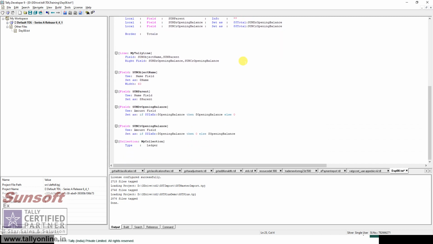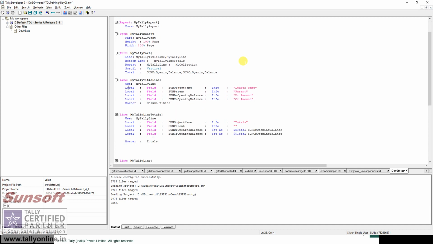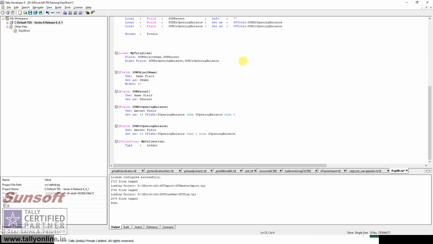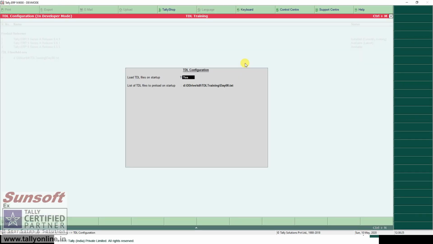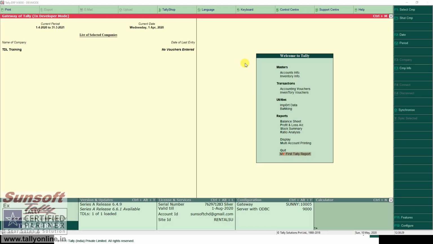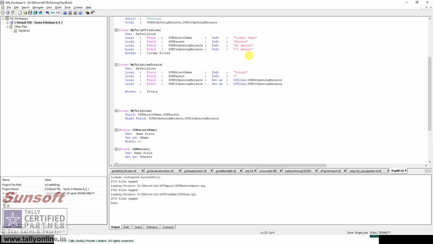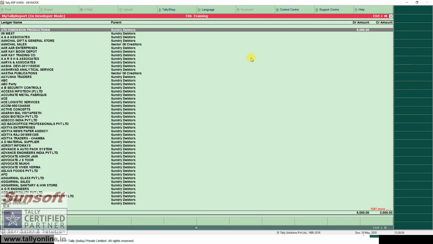That is a new concept I had introduced and not explained in the previous section, so now I am explaining it. Let us see the report again. Now let me remove the comment. So I am getting the headings again.